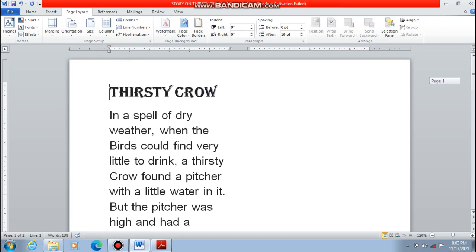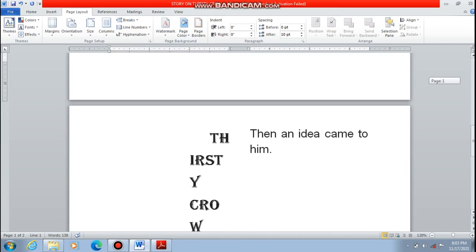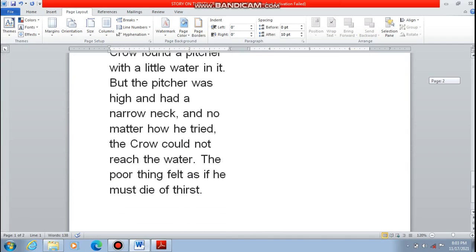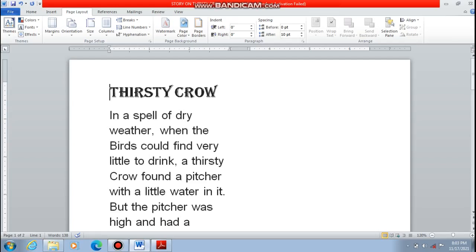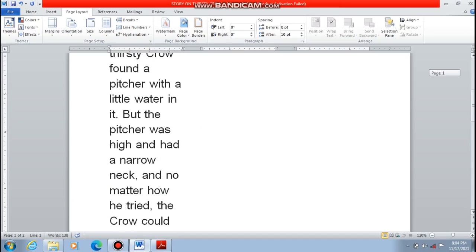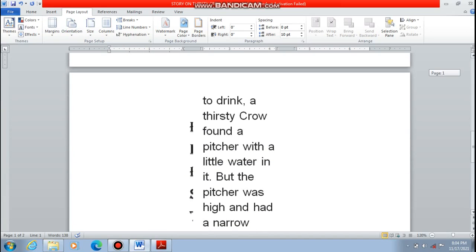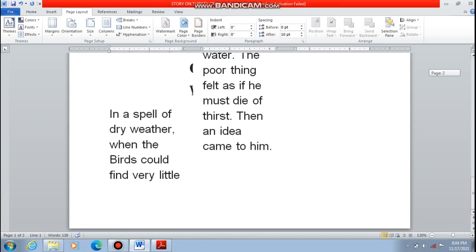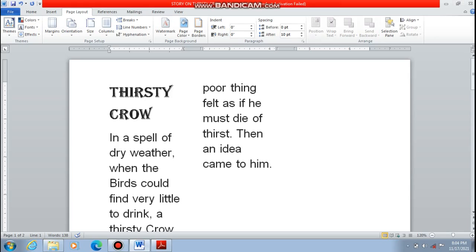Okay, so now your document is in 2 columns. Okay, again if you click, again go to columns, and you want your document in 3 columns. Okay, so now you can see it is divided into 3, 1, 2, and this is 3. So this is the 3 columns of your document.